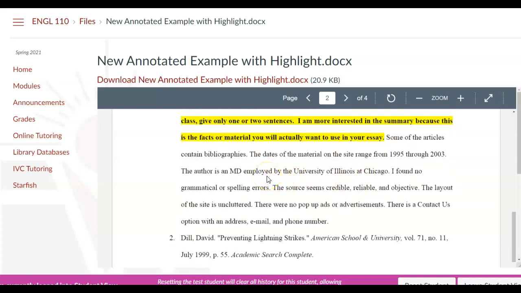So you might want to say, this person is a doctor and he's from the University of Illinois, Chicago, so I found him very credible, or there were some errors. If I'm reading an article and there are grammar errors, I won't use it. If they're making errors in their article, they lose their ethos or credibility with me. So just write something like that. You can also write for the evaluation how you're going to use this information in your paper if you want to. That's fine. I just want you to cite it,